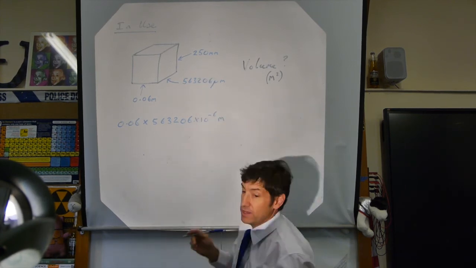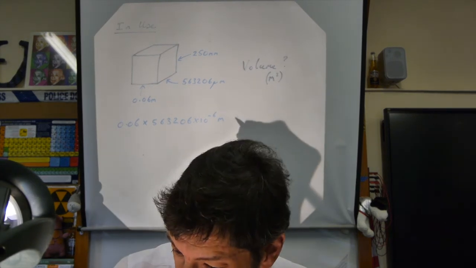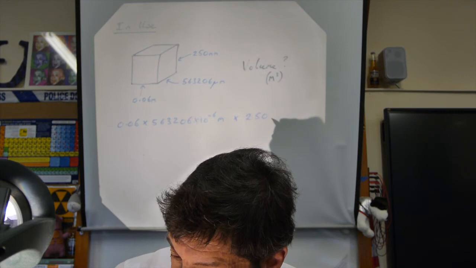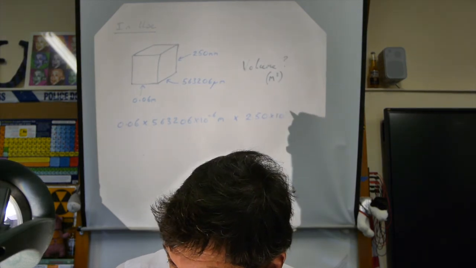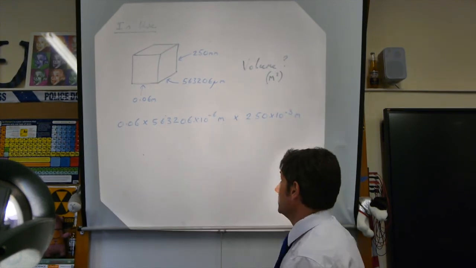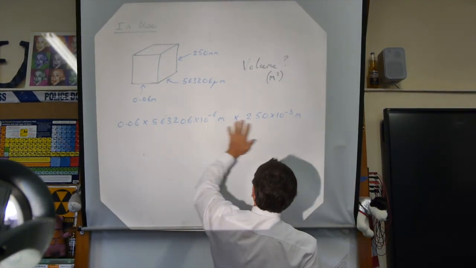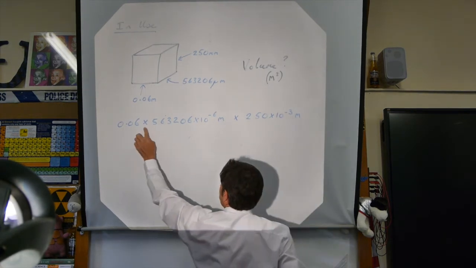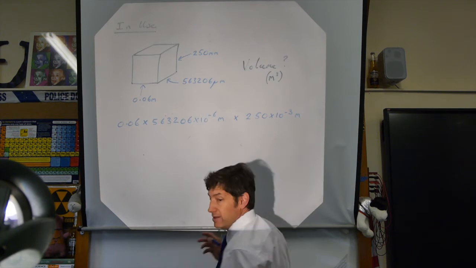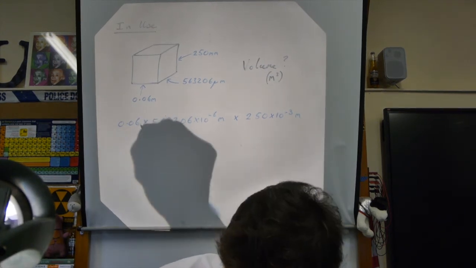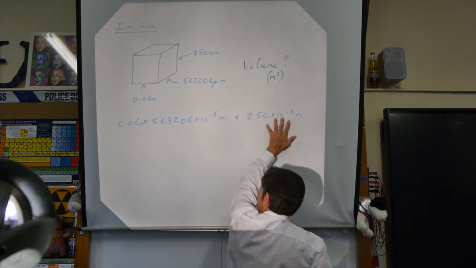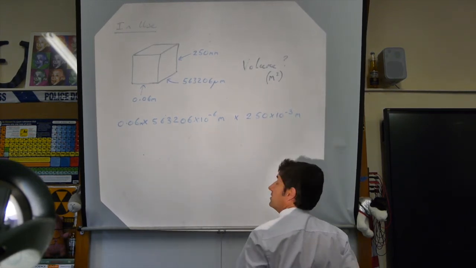And 250 millimetres, so 250 milli times 10 to the minus 3 metres. Okay, so that's in metres, that's in metres, that's in metres. 1, 2, 3 lots of metres multiplied together. I don't know why I left the units out there. Maybe I should put it in just to make the point, though you wouldn't normally in the maths. So it's going to come out as three numbers multiplied together, metres three times, so it's going to come out